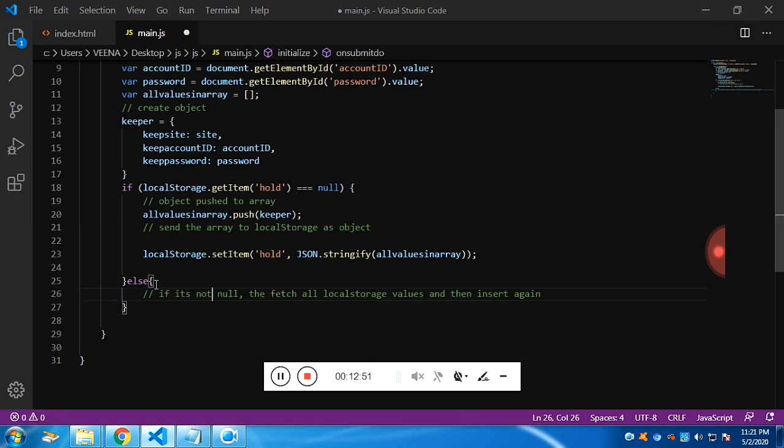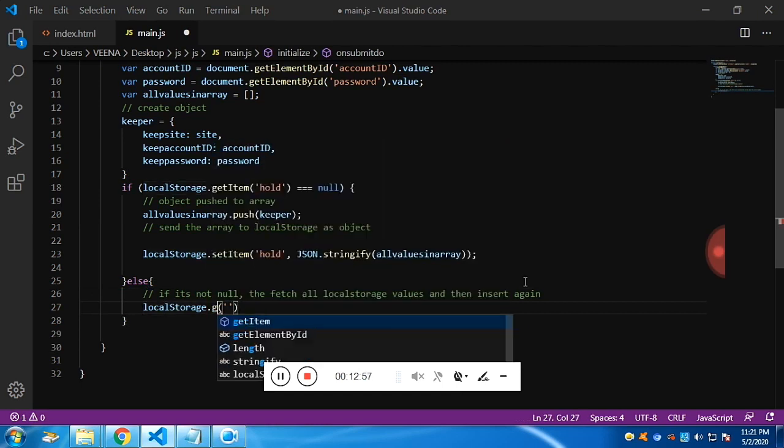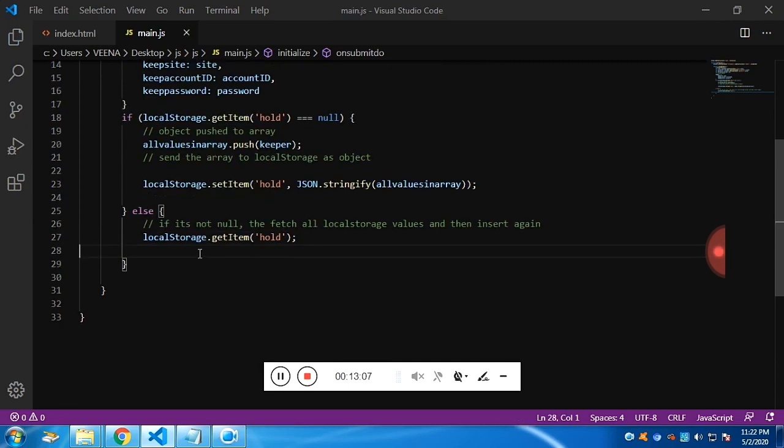To fetch the value, we have a function called localStorage.getItem. So it takes a key. Here we have named it hold. So this will be in the object form. I want this to be in the array.